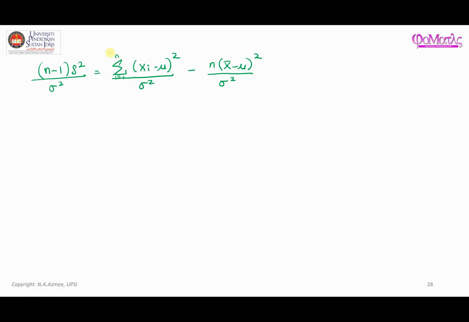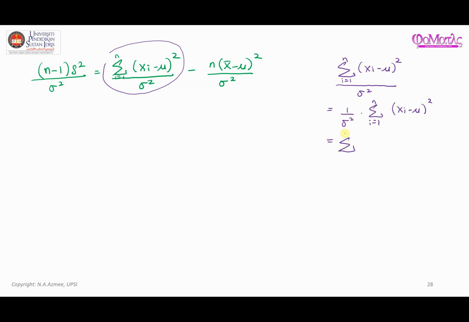This part here, I'm going to just focus on this part here. So here we have xi minus mu squared over sigma squared. This is the same thing as having 1 over sigma squared multiplied with this process. And again I say this is a constant. Whenever you have a constant, you can also put it back inside if you want. So you can write it down in terms of,